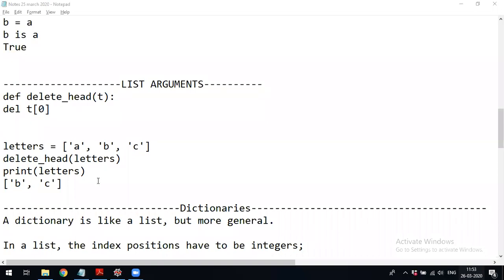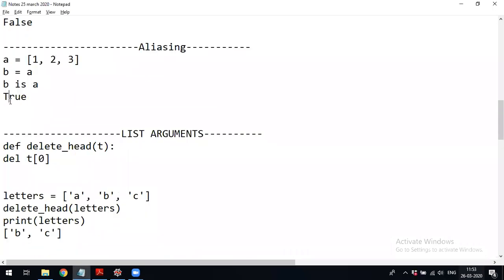The next thing is this list. We have seen how to create a function. To create a function, we use the def keyword followed by the function name, then empty brackets, colon, and then we write the body of the function. That is how we write functions in Python, as we have discussed already.